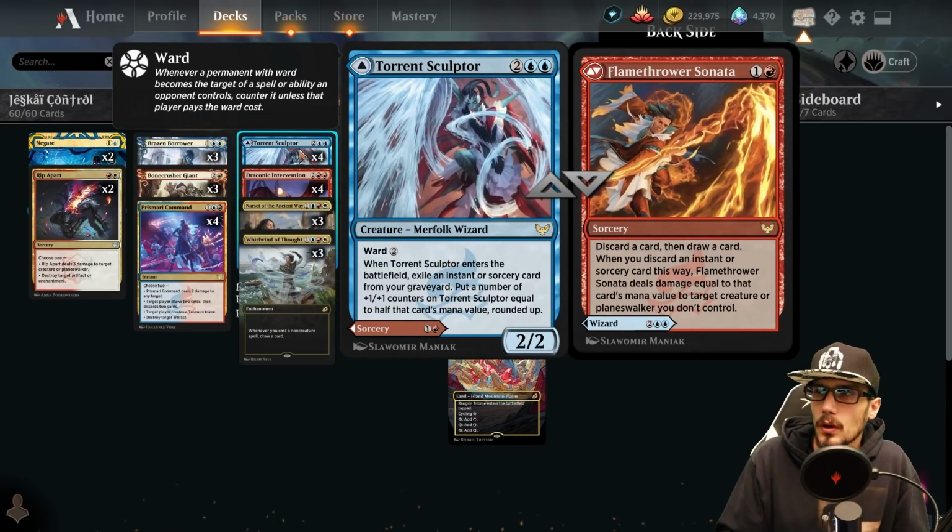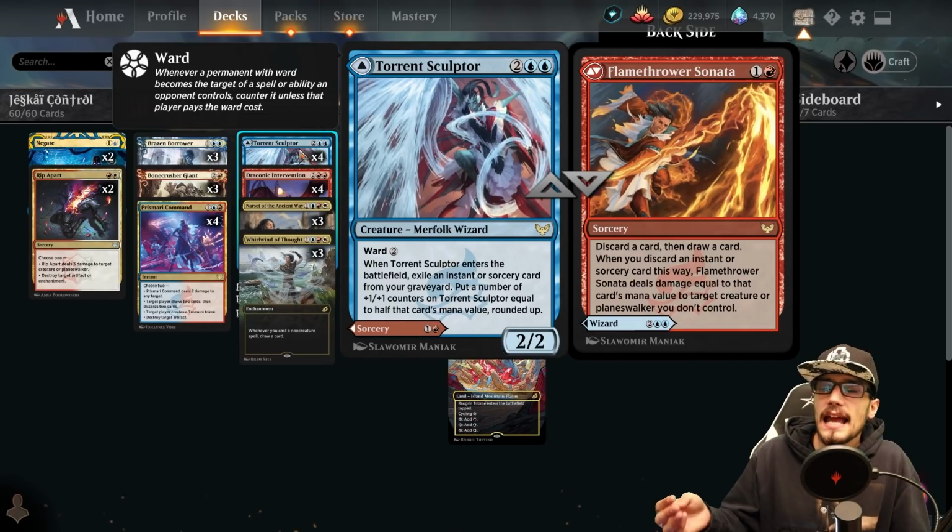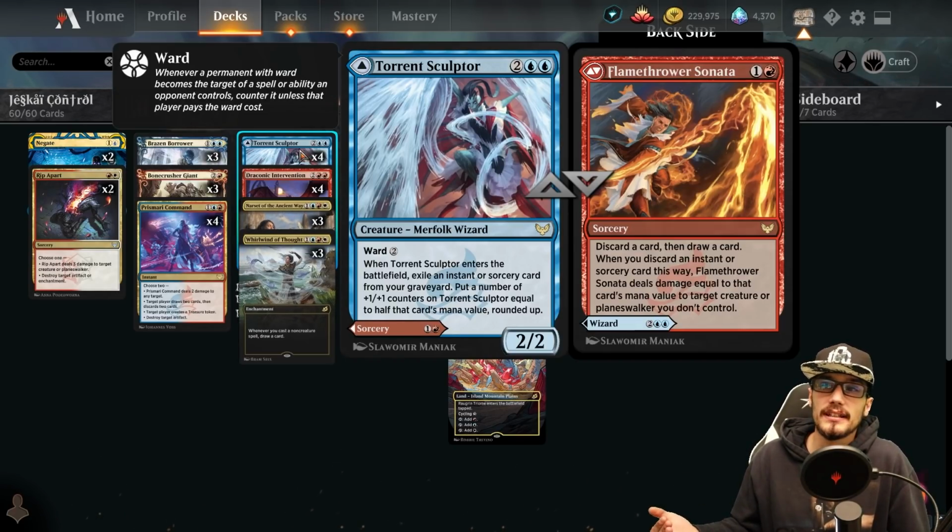We have Torrent Sculptor and Flamethrower Sonoda. The Sonoda, for 2 mana at sorcery speed: discard a card, then draw a card. When you discard an instant or sorcery this way, Flamethrower Sonoda will deal damage equal to the card's mana value to target creature or planeswalker you don't control. This is nice single target removal because we have some very heavy spells that should be removing anything,